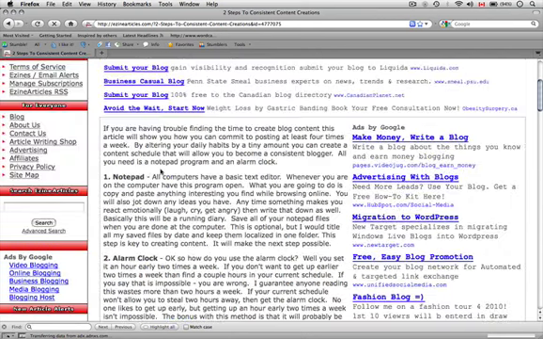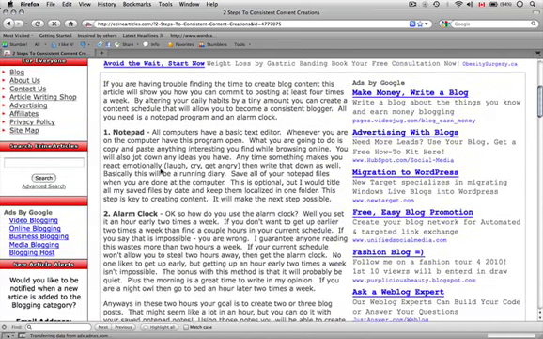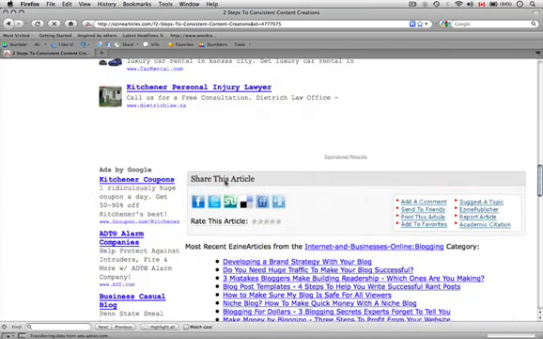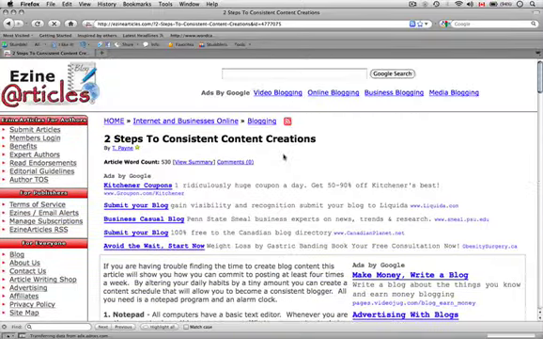So once you have your article written like I showed you in the previous step, you come here, you submit it to Ezine Articles, and if you scroll down, you can actually start sharing this article on Facebook, Twitter, and social bookmarks like Delicious. Digg is another good one as well, and we're going to get into more of that. But for each article that you submit, it's a really good idea to bookmark them and share them as well.